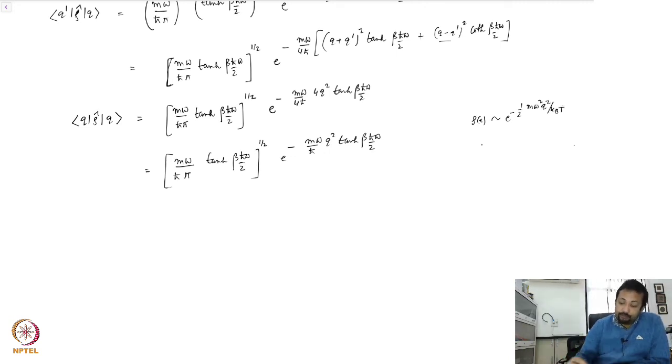So therefore, let's look for the case when beta tends to 0, the approximation, which means T tends to infinity, and therefore beta tends to 0 means alpha tends to 0, because I have beta h bar omega. So tan hyperbolic alpha is approximately alpha, and therefore tan hyperbolic alpha by 2 is also approximately alpha by 2, so that in the classical limit